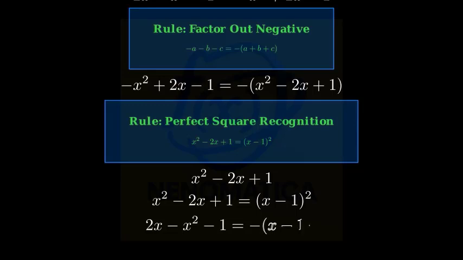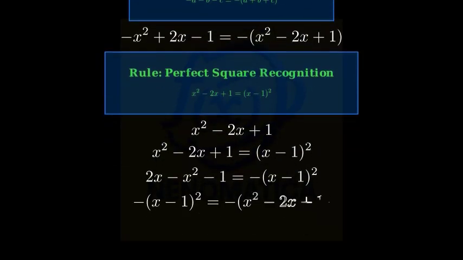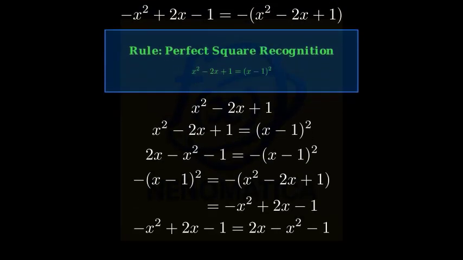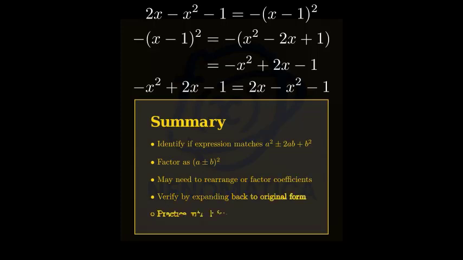Let's verify this by expanding negative (x minus 1) squared. We get negative times (x squared minus 2x plus 1), which equals negative x squared plus 2x minus 1. And if we rearrange this to match our original form, we get 2x minus x squared minus 1, which confirms our factorization is correct. To summarize what we've learned about factoring perfect square trinomials, first,